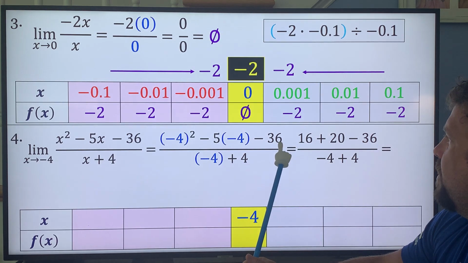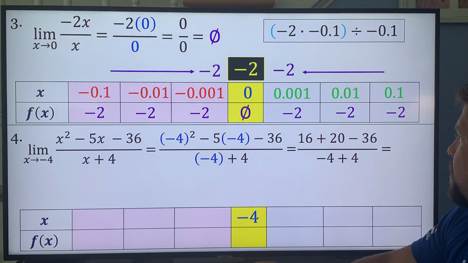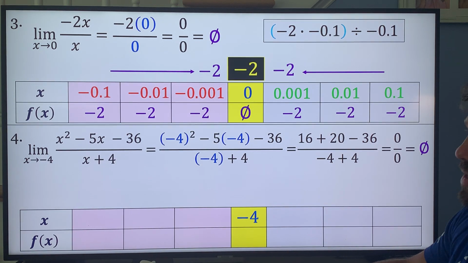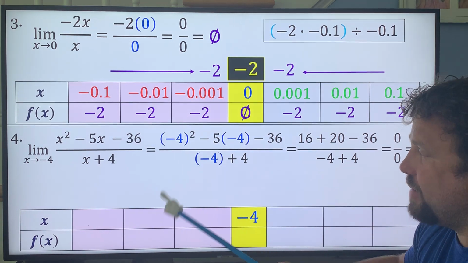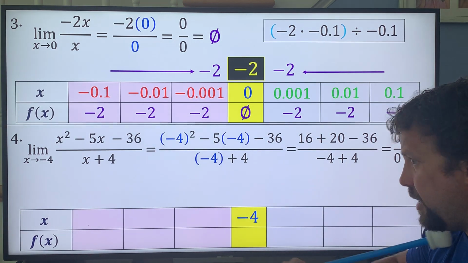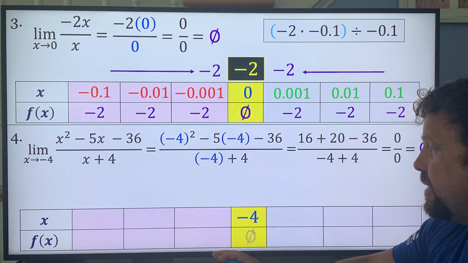16 plus 20 minus 36, negative 4 plus 4. 0 over 0 is undefined. We're going to have to make a table. So let's make our table right here. The way to make the table is